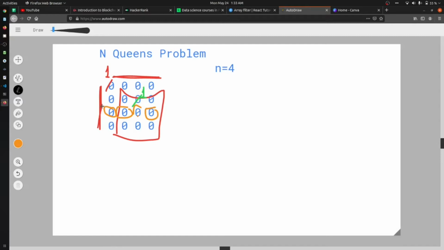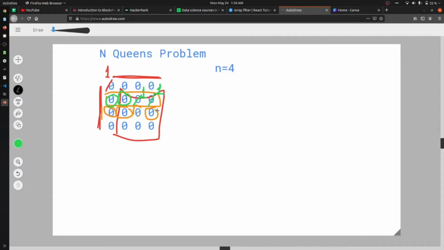So if I cannot put a queen in this row, what I can do is go back one row, check, and rearrange. So we will come to this row and rearrange the position of the queen again. I can move my queen to the last point, because at the other points I cannot put my queen, but I can put it at this point.